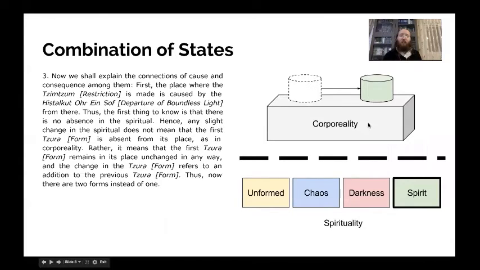So here's an example. In corporeality, when I move something on the table from one place to another, it's now only in the new location and no longer in its previous location. Well, in spirituality, which is states, when I go from informed to chaos, I still retain my informed. When I join the spiritual society, I've still got my humanity I need to deal with. It's not like I lose my humanity and lose my family and don't have to worry about food or my kids or going to the bathroom. Rather, I have to deal with that, and now I've got an additional layer. Now I also have to deal with spiritual society.